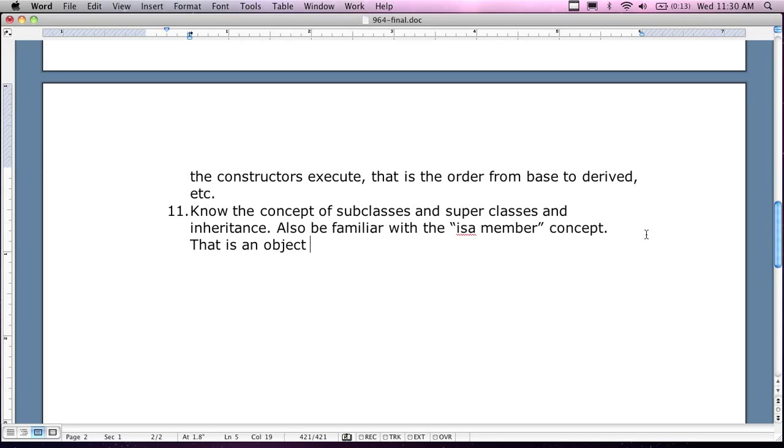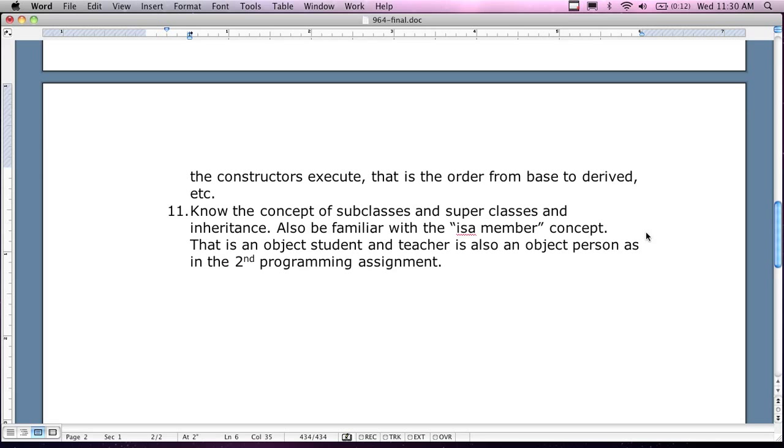An object student is also an object person, and teacher is also an object person, as in the second programming assignment. The concept of object identity and upcasting